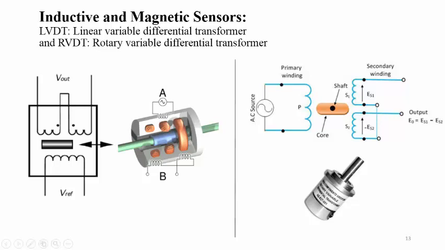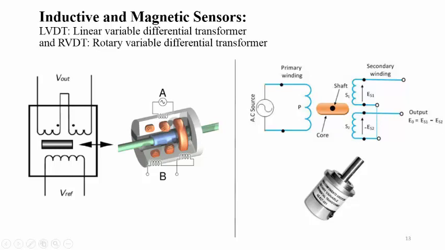And usually in this LVDT kind of sensor, the rod which is observed inside this cylindrical package is connected to the machine or the mechanism where the linear displacement measurement is required. And then afterwards the output voltage obtained from this LVDT is connected to the driver circuitry to improve the voltage level and to take the prior decisions depending on the application.